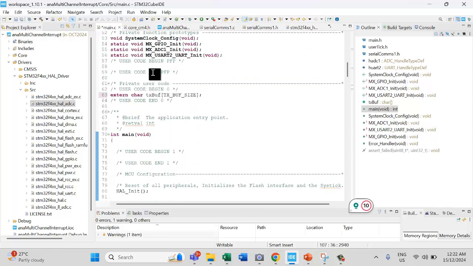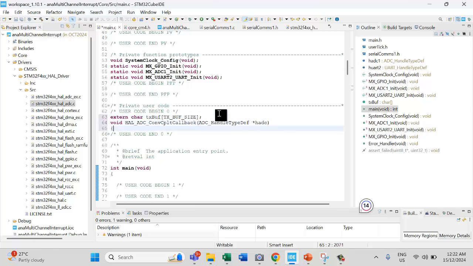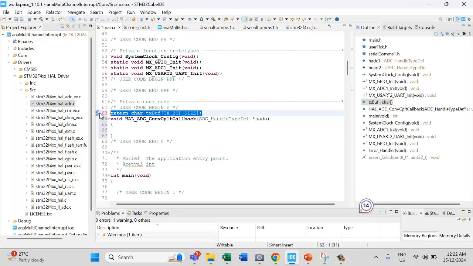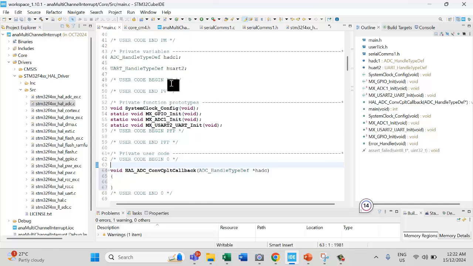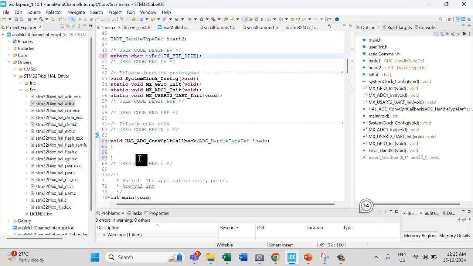In the code begin. Oh no, sorry, I make a mistake. It should be here. You can place it there, but better if you place it in the global or private variables here. Also, for this we first need to sample it. We need to sample it. So what we can do is write down the